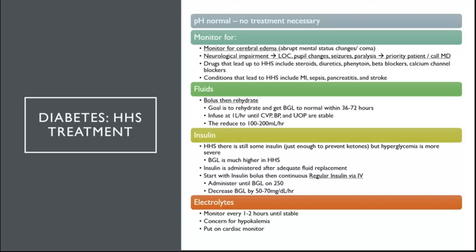They're going to get regular insulin IV, even though they may not take insulin on a regular basis. Maybe they're just on metformin outpatient. The patient that has a glucose level of like 700 needs some help. So we're going to give them IV insulin. You're still doing it very slowly, so 50 to 70 milligrams per deciliter per hour. And electrolytes: monitor every 1 to 2 hours. You're concerned for hypokalemia. They need to be on a cardiac monitor.